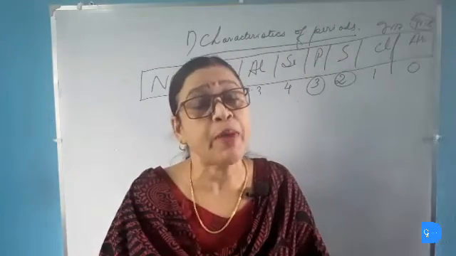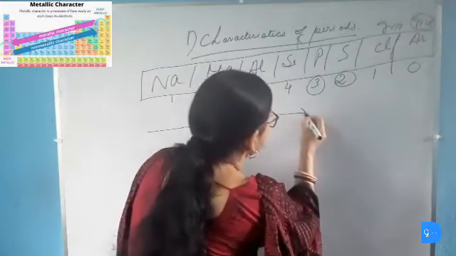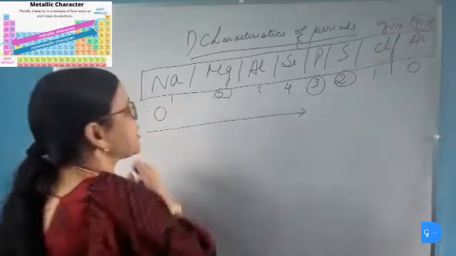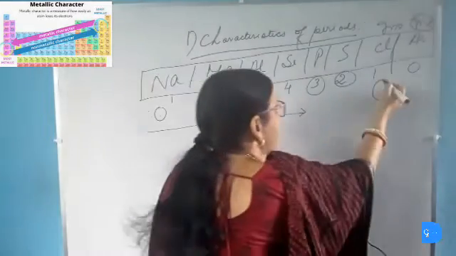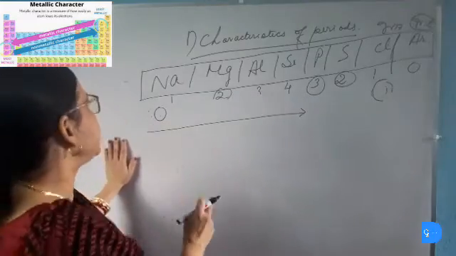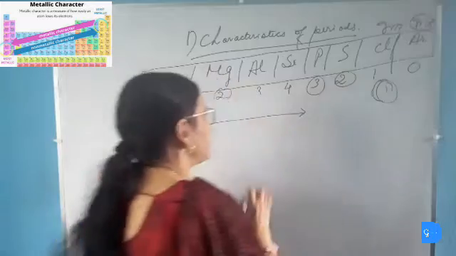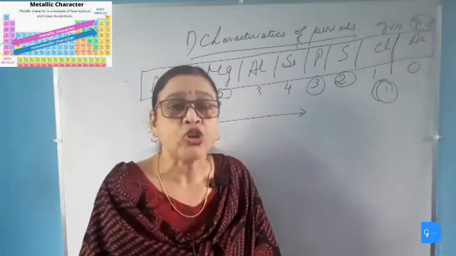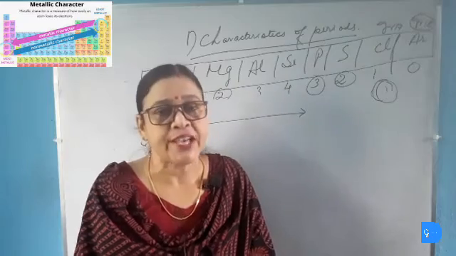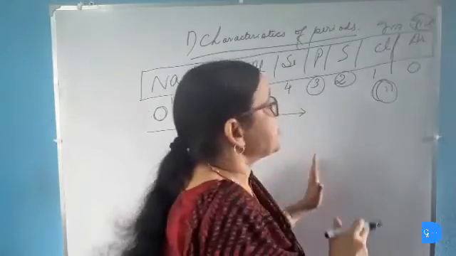Now we will study the metallic character in a period. The metallic character decreases, whereas the non-metallic character increases in a period. So the element on the extreme left will be most metallic in character, whereas the element on the extreme right will be most non-metallic in character. Thus in the third period of the periodic table, we can see that sodium is most metallic in nature, whereas chlorine is most non-metallic in nature. Metallic character can also be denoted by electropositivity because a metal loses electrons and forms a positively charged ion. So we can say that electropositivity of the elements decreases as we move in a period,